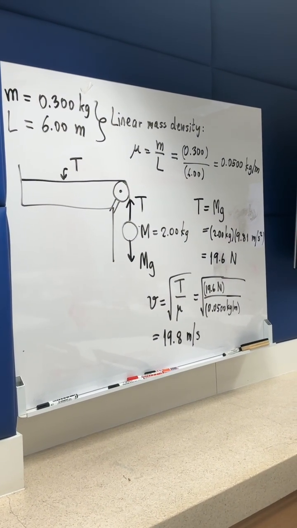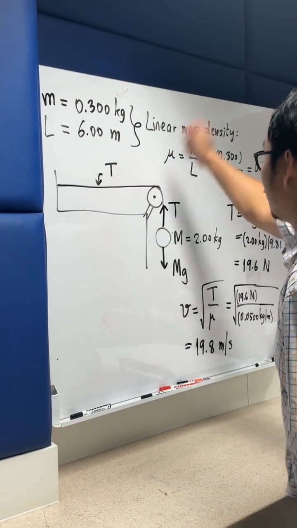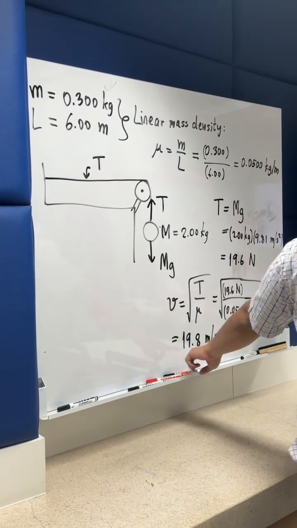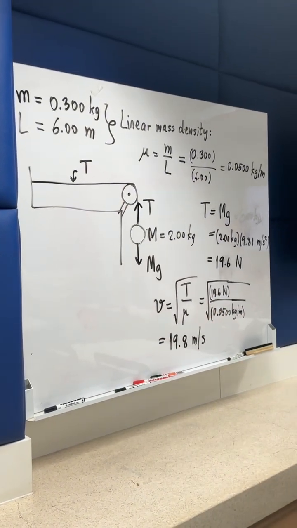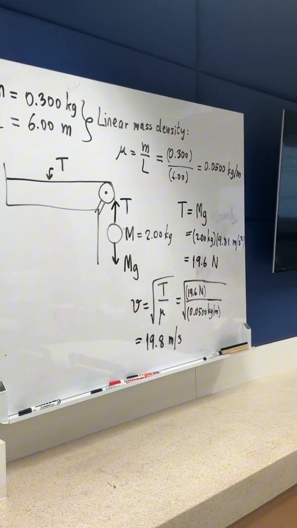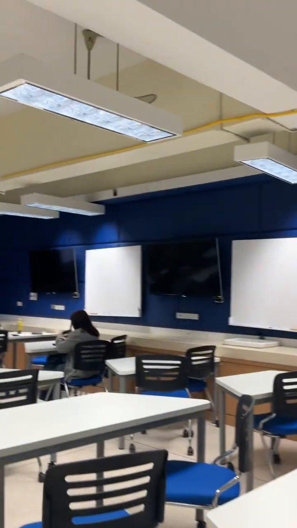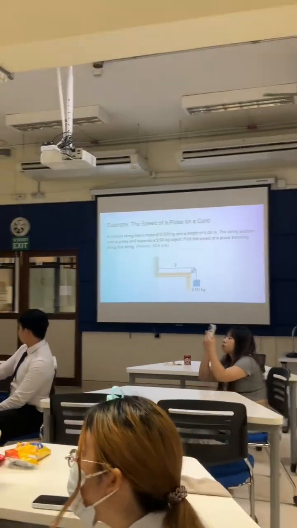So we see here that if we set up the string like this and then we just pick it up and vibrate it, then the pulse will be traveling with this speed. It is fixed by the characteristic, which is pretty nice. Now we know how to determine